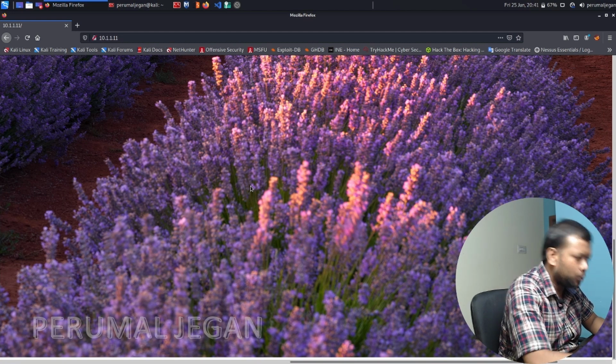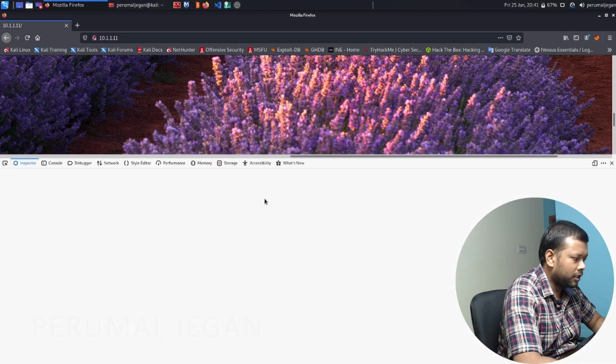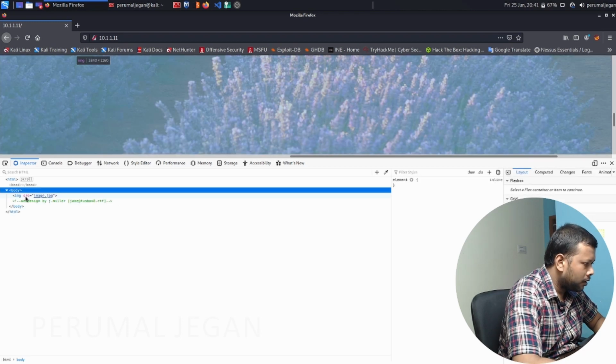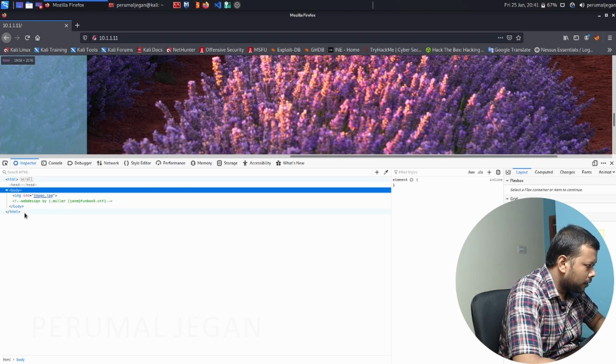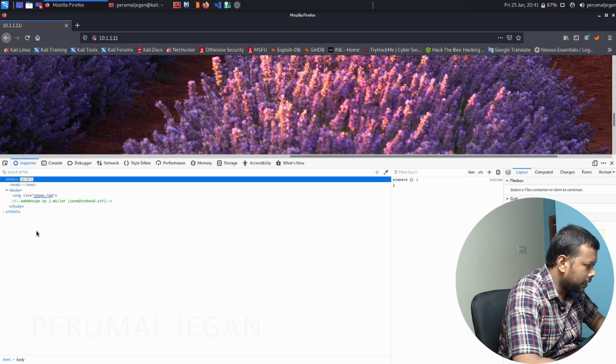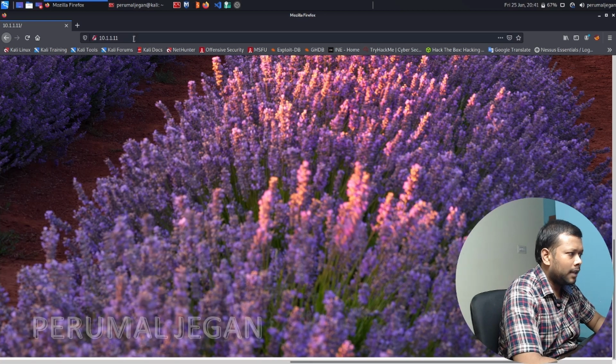To view the page source, I'm pressing F12. Nothing is here, but you can see a name, J.Miller and Jane. So we can make a note. Now we are in the index page. We don't see anything. Let's enumerate its directories.